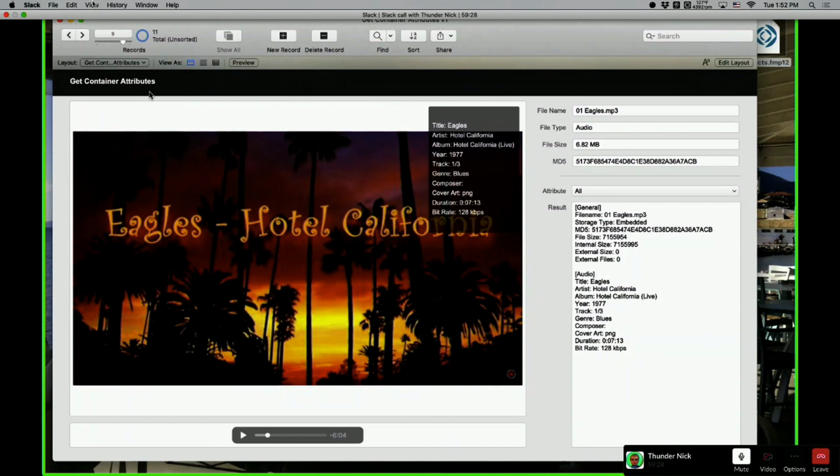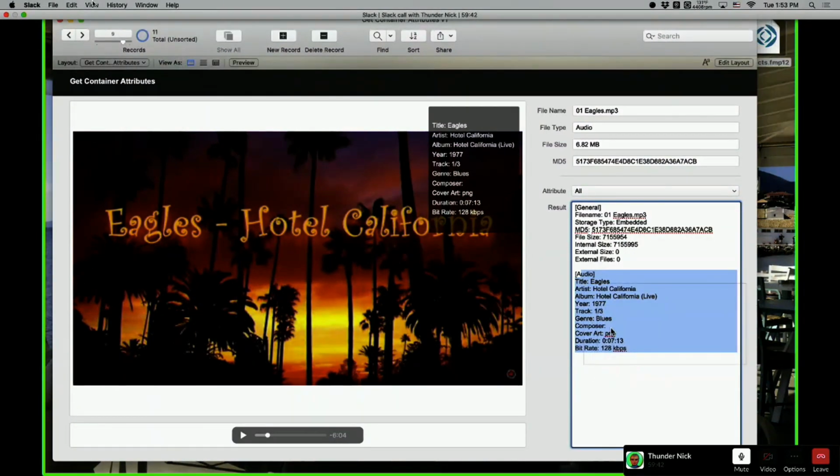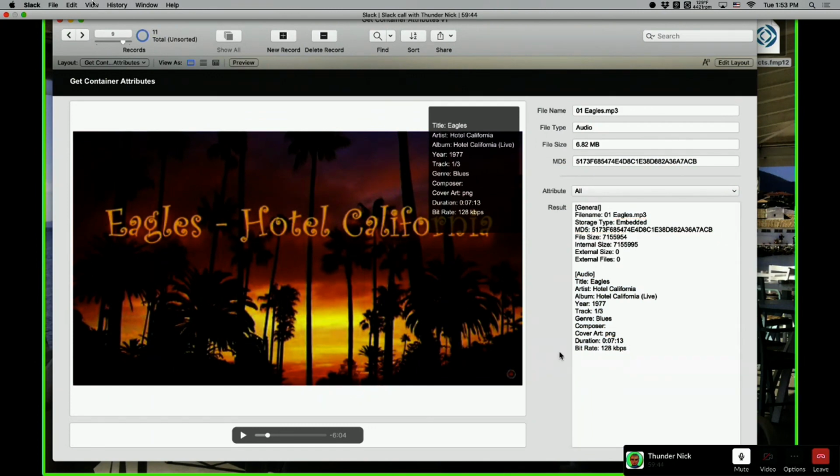Something I want to tell you before people ask: you cannot write anything to a file from FileMaker. I mean, you cannot write the title. You cannot change anything on those things. It's not an MP3 tag or audio tag editor.